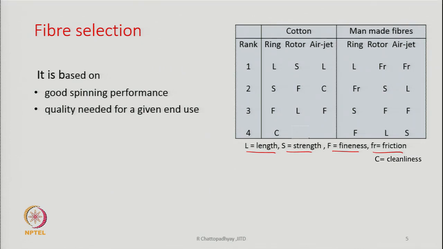So, for rotor spinning, if we look at it for cotton, strength of the fiber is most important, that is rank 1, followed by rank 2, which is fineness of the fiber. The rank 3 is the length of the fiber. That is how it has been shown by some author, that in ring spinning length is most important, in air-jet spinning length is most important, whereas in rotor spinning the strength of the fiber becomes most important, and length occupies the third position,